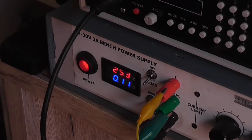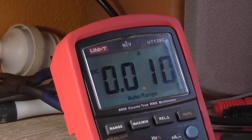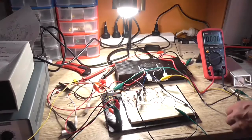Now, just to confirm what the actual current draw is, with the multimeter on the amp scale in series with the positive supply rail, turn the load on, and immediately you can see there is 10 milliamps of current draw there, which equates to what we calculated from the voltage drop of that resistor, which was around 9 mA. So turn the load off, I'll reload the amplifier back into a dummy load,